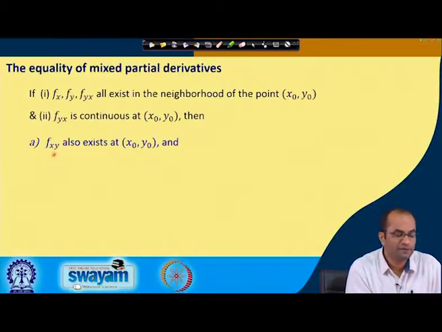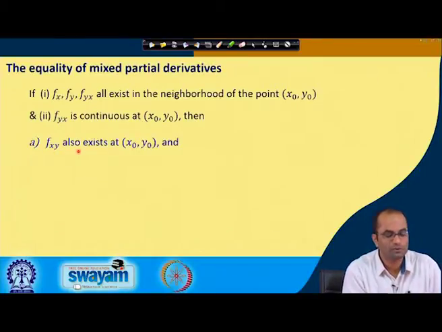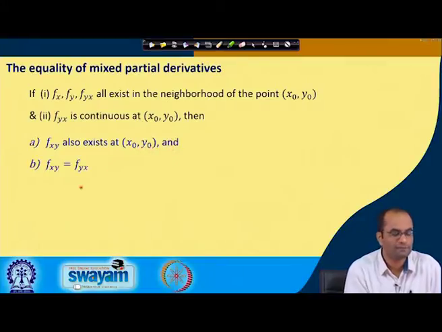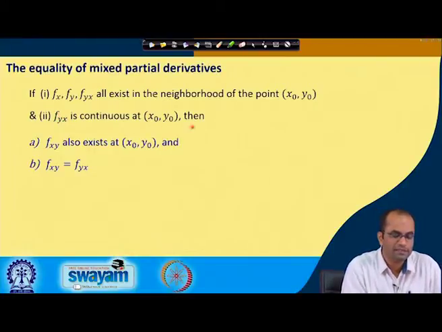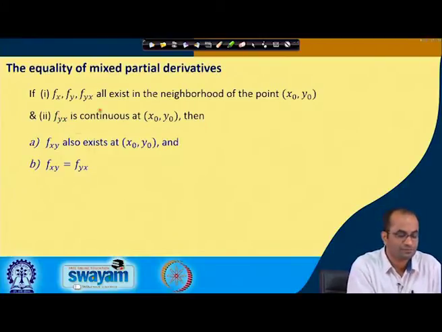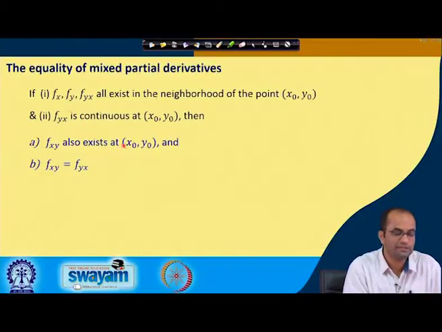In that case, we have the result that f_xy will also exist at this point, and it will be equal to the value of f_yx. So, basically the continuity plays here a major role of this f_yx, or we can state this result for f_xy,